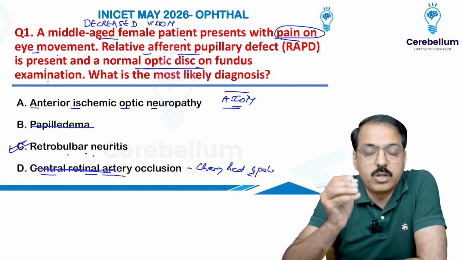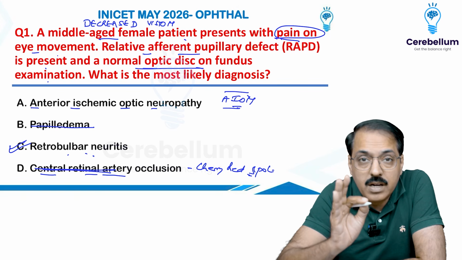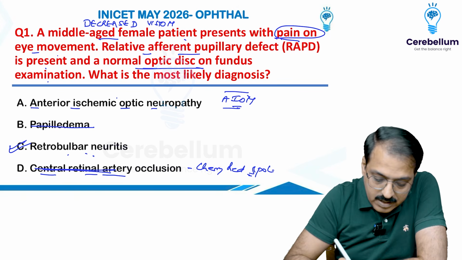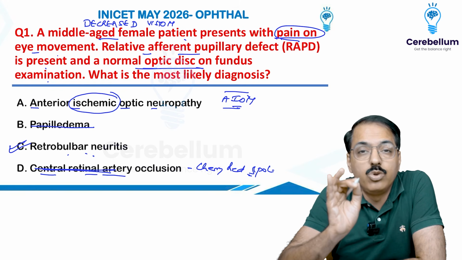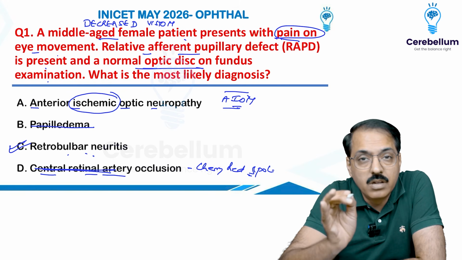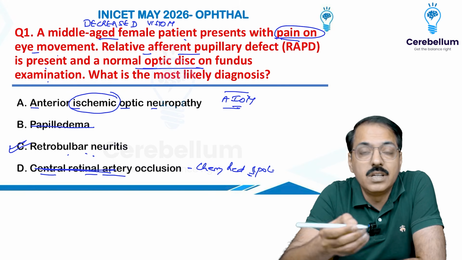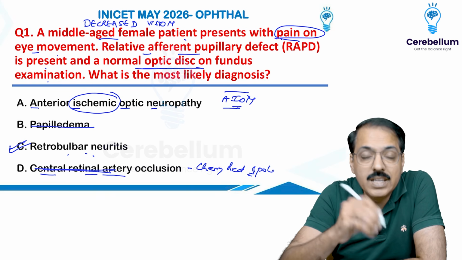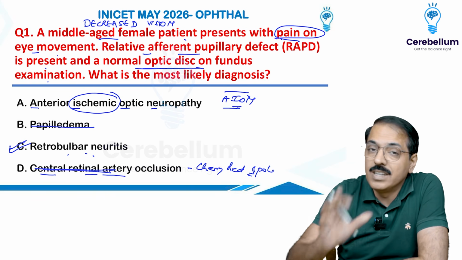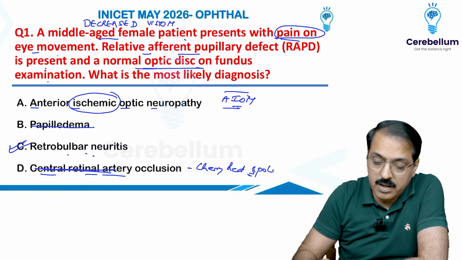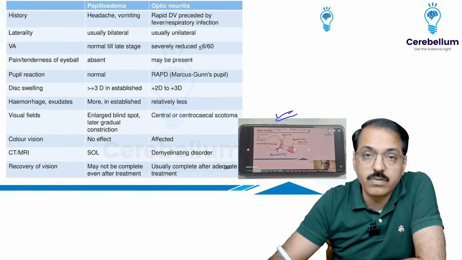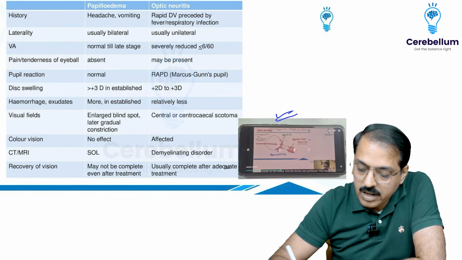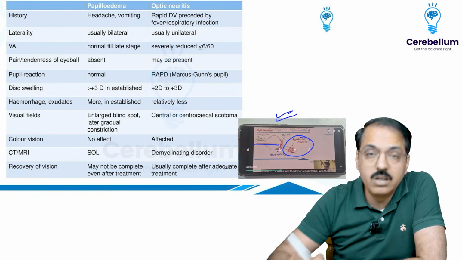Anterior ischemic optic neuropathy is basically ischemia. So if you had this word also, you would have noticed that it is not going to be a normal looking optic nerve. It has to be a disc pallor, or in the initial stages, there is inflammation, there is edema because of the ischemia. This is something which I had done in our class. This is the screenshot from the class where I told you that in a retrobulbar neuritis, the optic nerve will